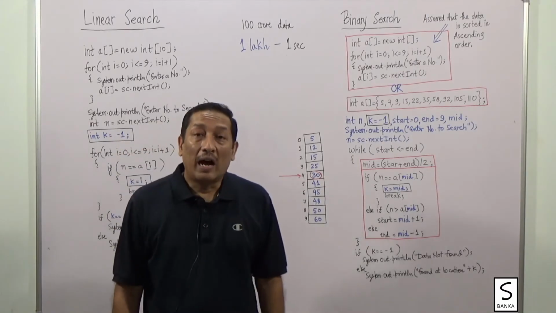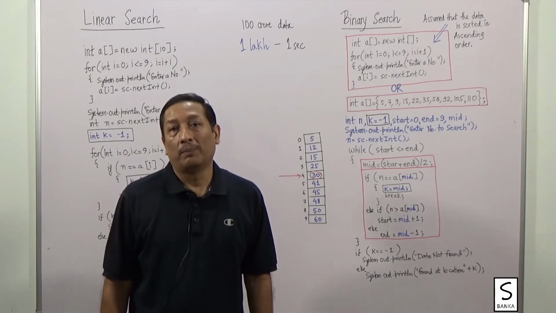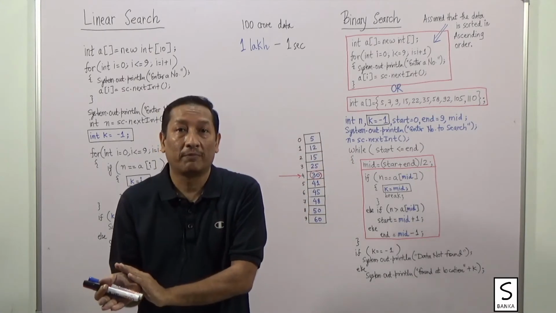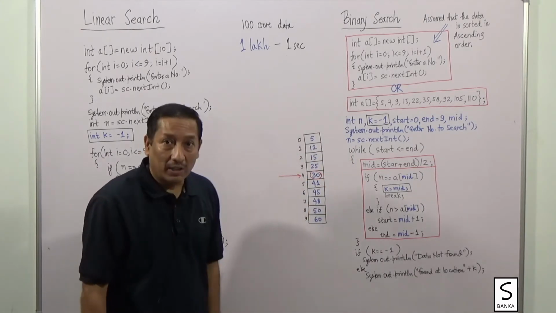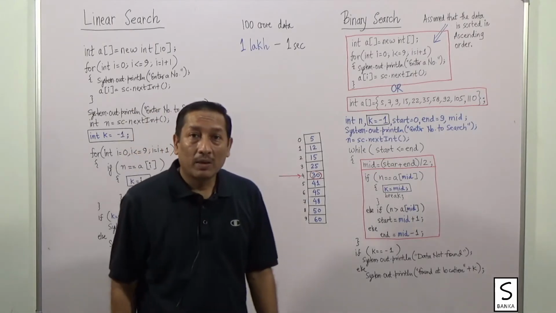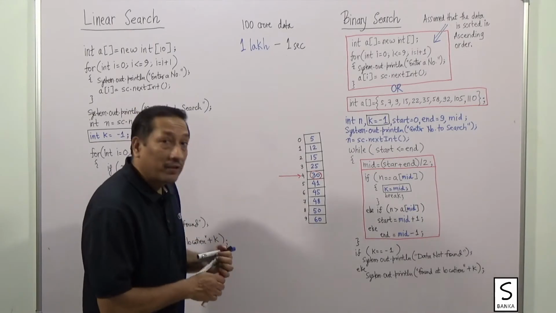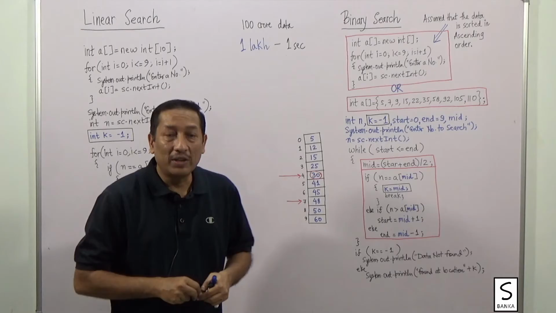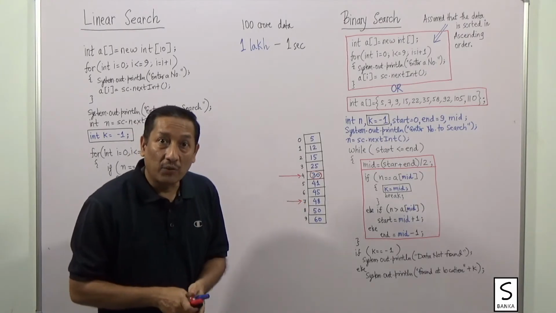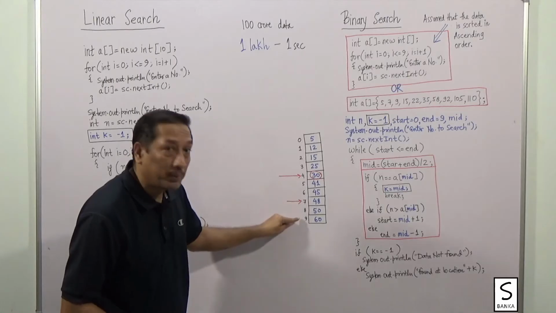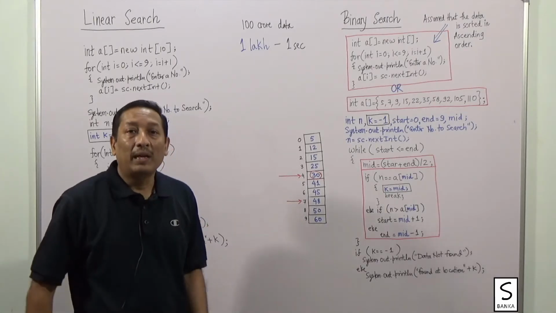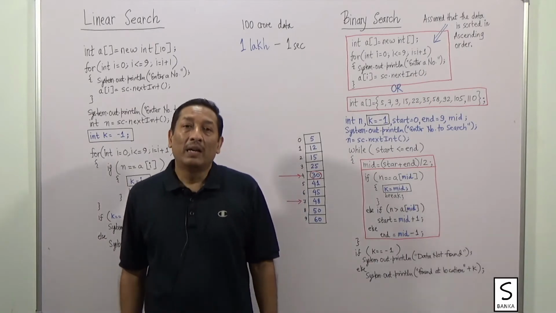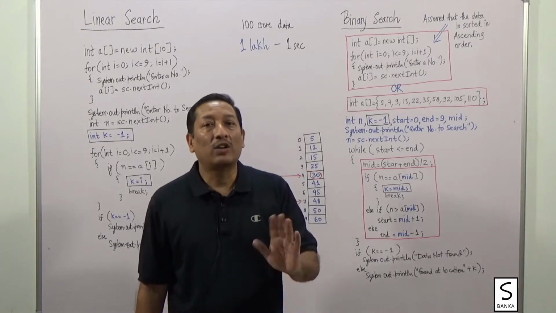That means half of the data will be discarded, because we know that the data I am looking for will not be in that half. So assuming my data is bigger than 30, the lower half is discarded. Then in the upper half, we again find the midpoint and try to search the data there. If the data is at this midpoint, the data is found. Otherwise, once again, it will be either above 7 or below 7. This way, binary search uses a divide and conquer method. Every time, it divides the array into 2 and discards one of the parts.